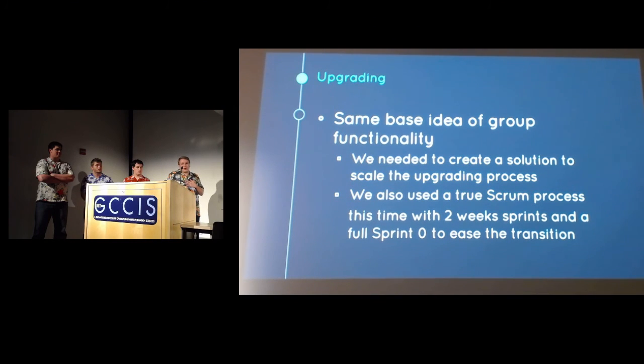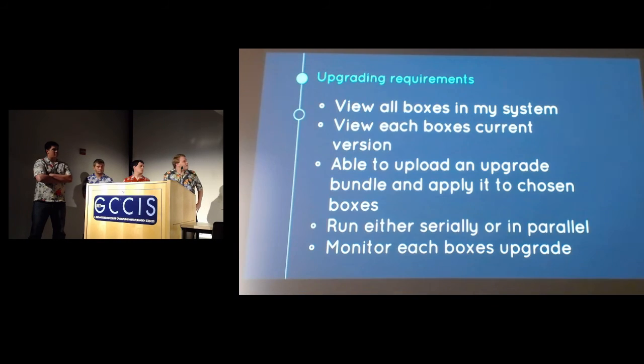We switched from a sort of loosely based Scrum process to a more pure Scrum process. This time around we used 2-week sprints with a really good Scrum 0 over the intersession to get started and get ready for this new project of the upgrading. Some of the examples of the requirements for this new semester was the ability to view all time servers on a given network,